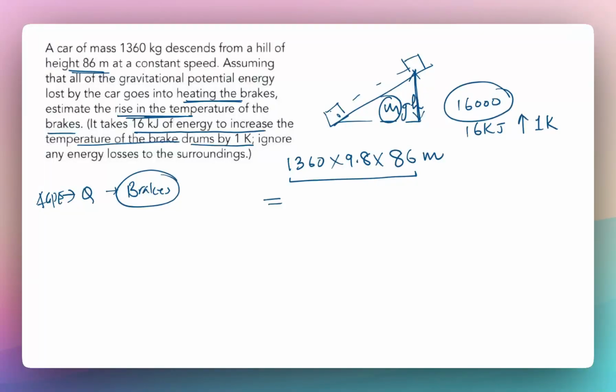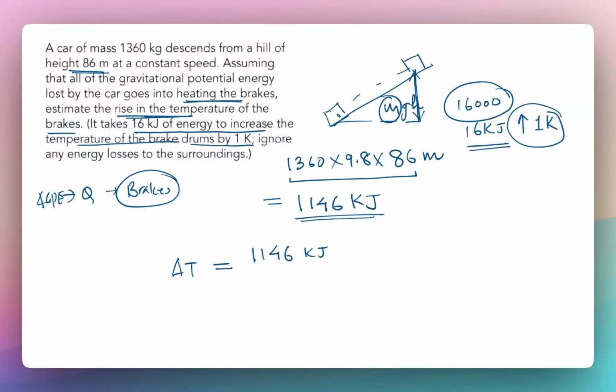So that is going to be the energy which the brake will receive, which happens to be 1146 kilojoules, right? Or 1146,000 joules. And 1 Kelvin temperature increase is equal to 16 kilojoules. So the rise in temperature is simply going to be the division of this. 1146 kilojoules is there, and it requires 16 kilojoules per Kelvin, right? So this is going to be 1146 by 16,